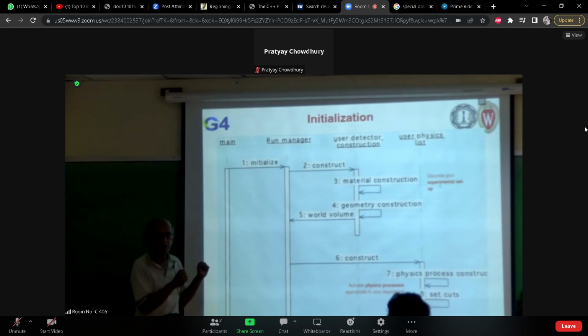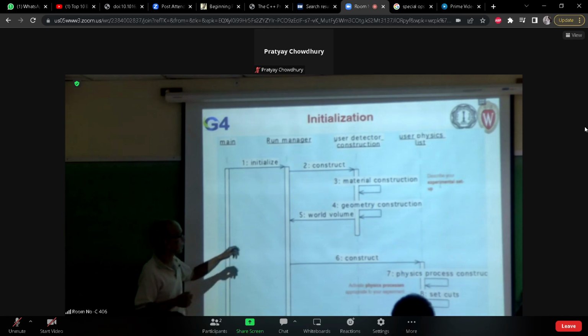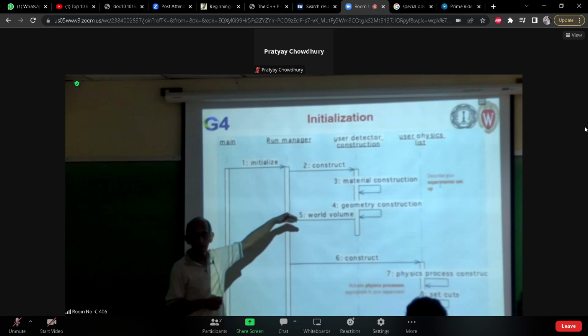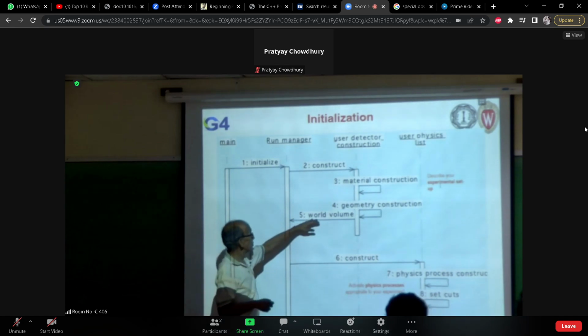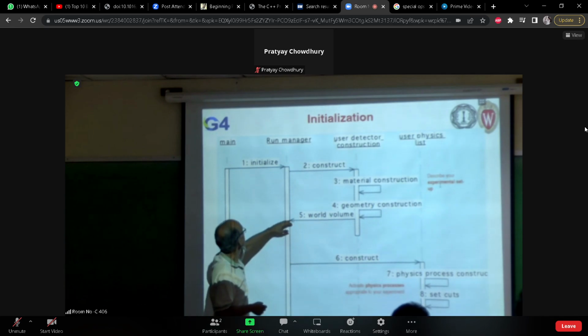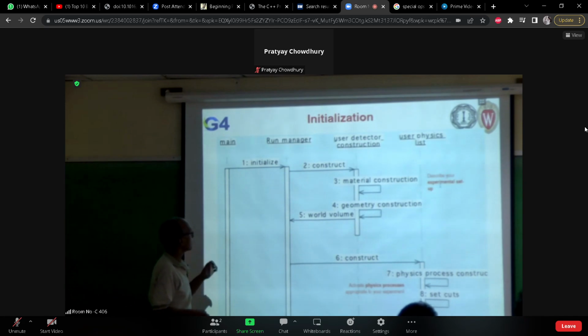So at the end of the day, we have to provide how the coordinate system is defined, and the coordinate system is defined in a world volume, and that is the top level volume. When I talk about the volume, I'll tell you how exactly the volume is constructed, so that it gets the top level volume, and the top level volume is returned to the main program. The second thing it has to do is